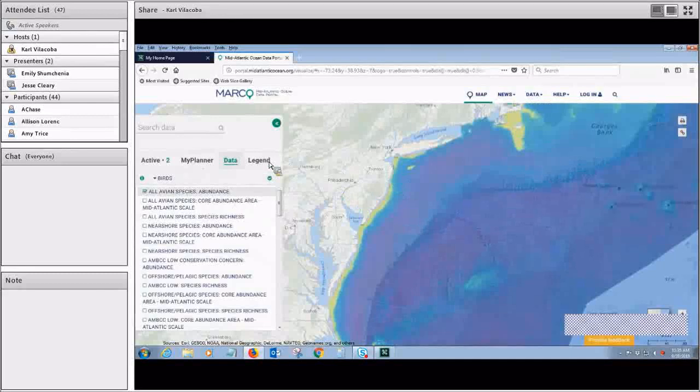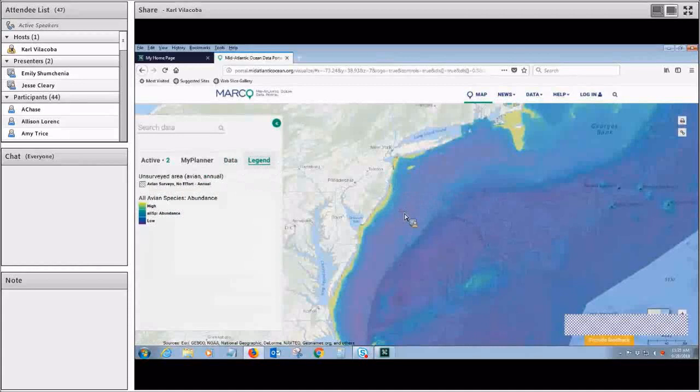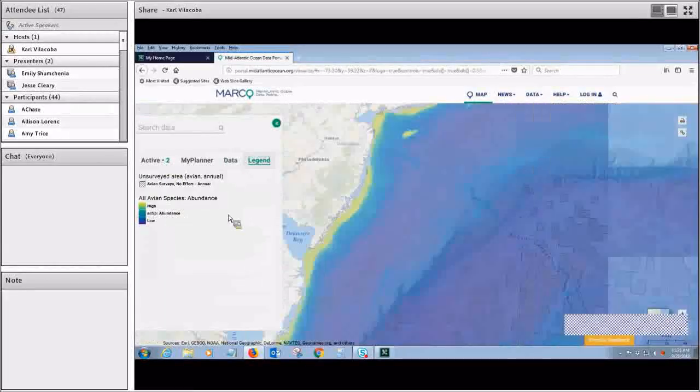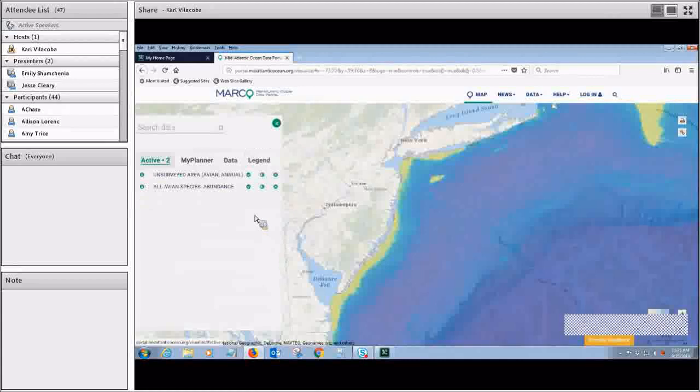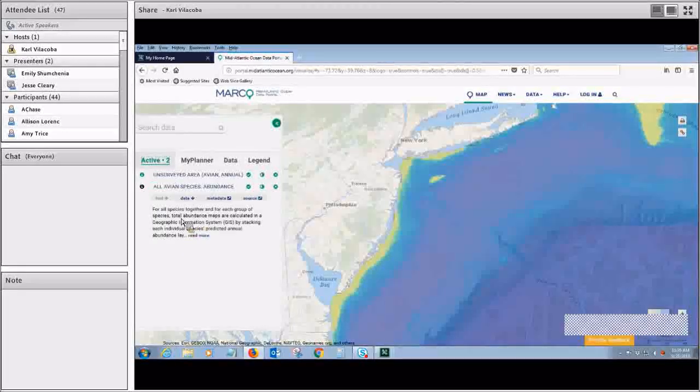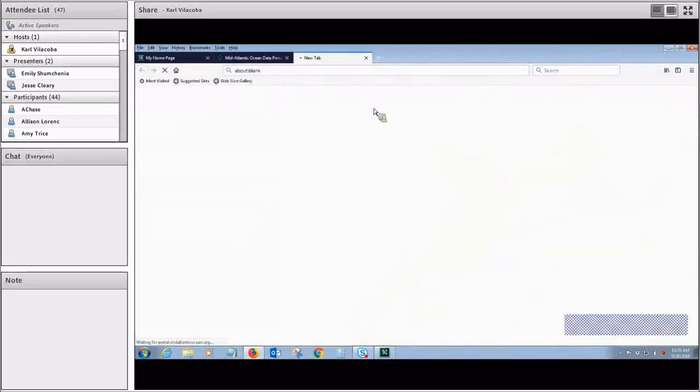So for the birds, for example, we can click on this first one, all avian species abundance. Once that's activated, you can click up here for the legend tab to get a view of what you're seeing. And this active tab right here gives you some other options to learn more about the data or change how it appears on your screen in different ways. So this little information icon will give you a quick little 3, 4, 5 sentence synopsis of what you're seeing with a read more link, which will take you to